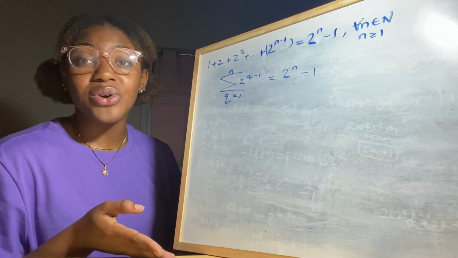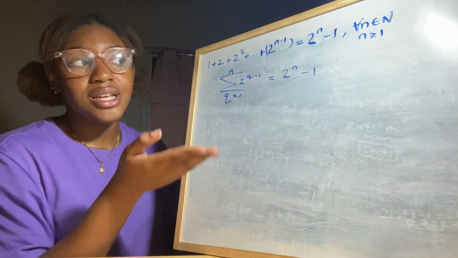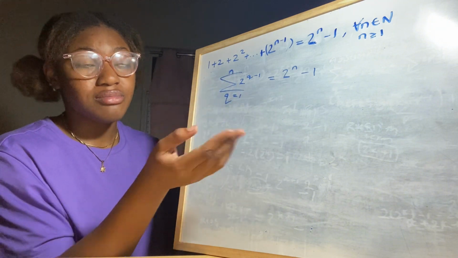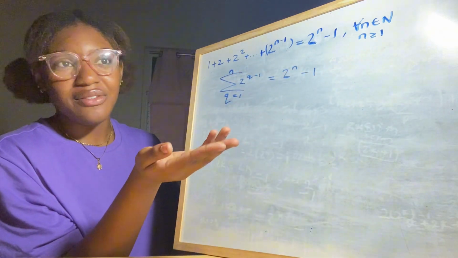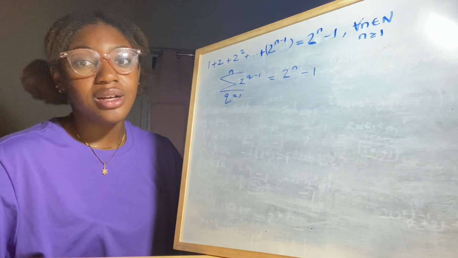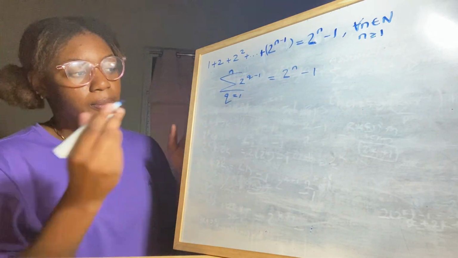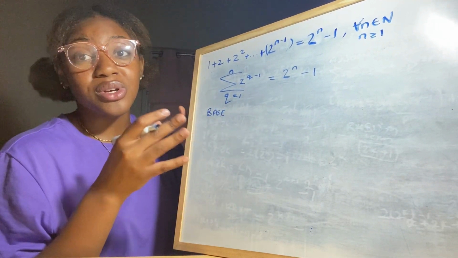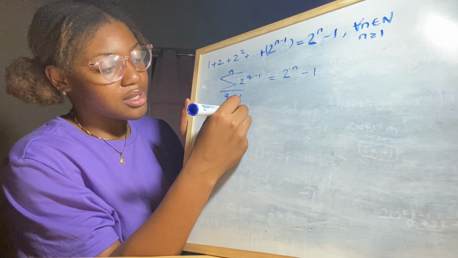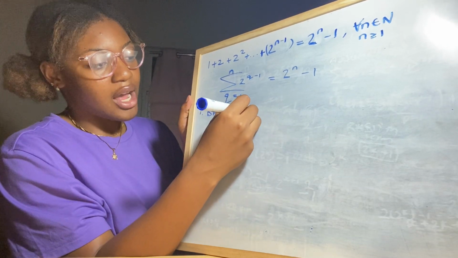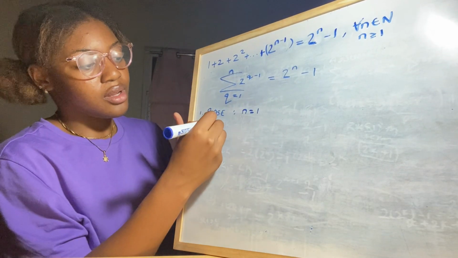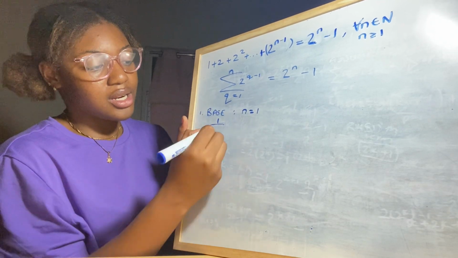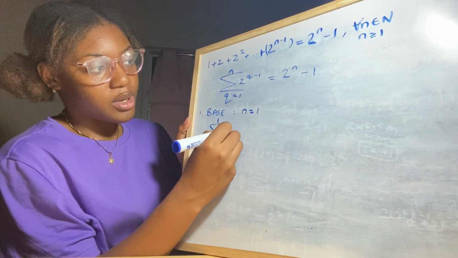Next is our base case. This is where we're showing that it's true for our first case. In this situation, our first case would be 1, because we have n is greater than or equal to 1. So that's what we have to show is true. So for the base case, I'm going to have n equal to 1. Therefore, wherever we say n, we're going to put 1. So 1 at the top. We have our formula,